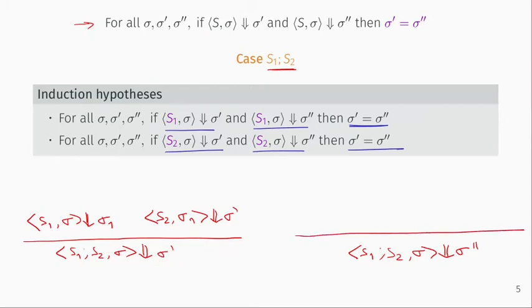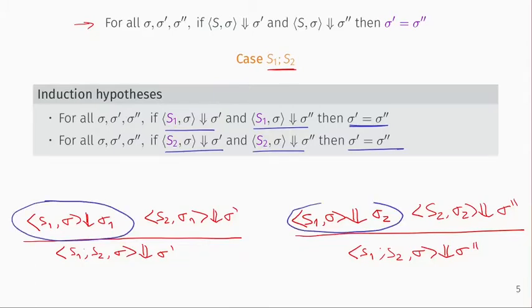And here in the right hand side, the derivation at the right hand side, we have the same rule. We must apply the same rule. S1 sigma leads to some intermediate state, let's call it here S2, and S2 sigma 2 leads to sigma second. So if we look at those judgments, we have two derivations for S1 under the same initial state, sigma. So by induction hypothesis, this means that sigma 1 equals sigma 2, which are both the final